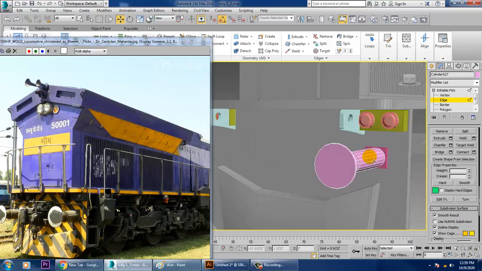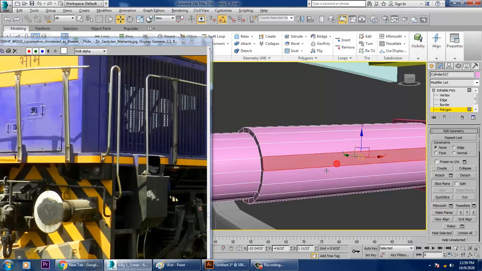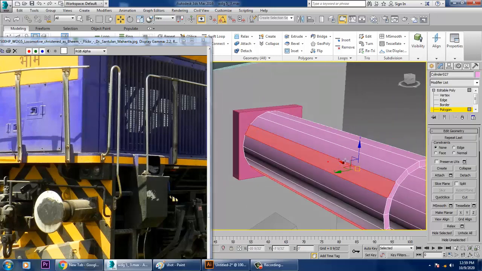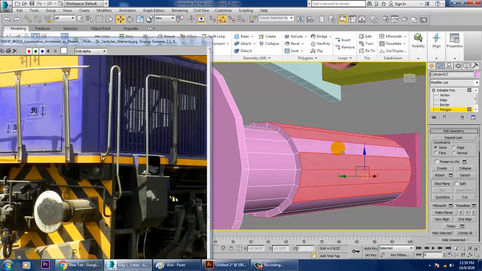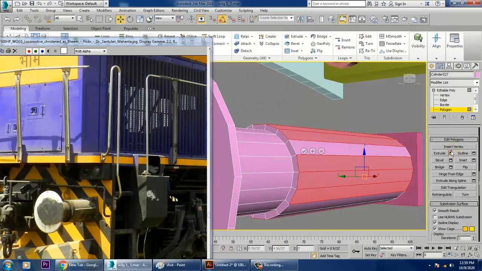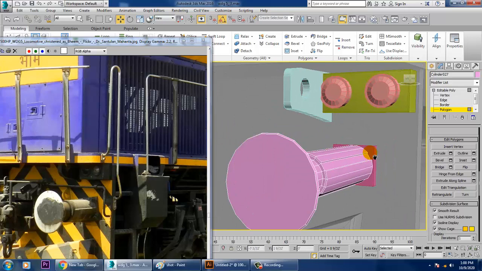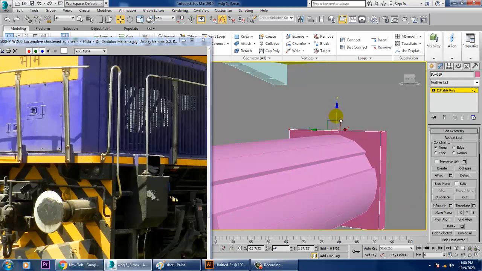So again you can just zoom it over here, and you can again select these polygons over here. You can just give details on it if it is required over here. So you can just go into this and let's slightly give a bit of extrude, not much, a bit, and click OK. That's it. So we can go into this and you can just convert to editable poly, select the vertices, just push this up,